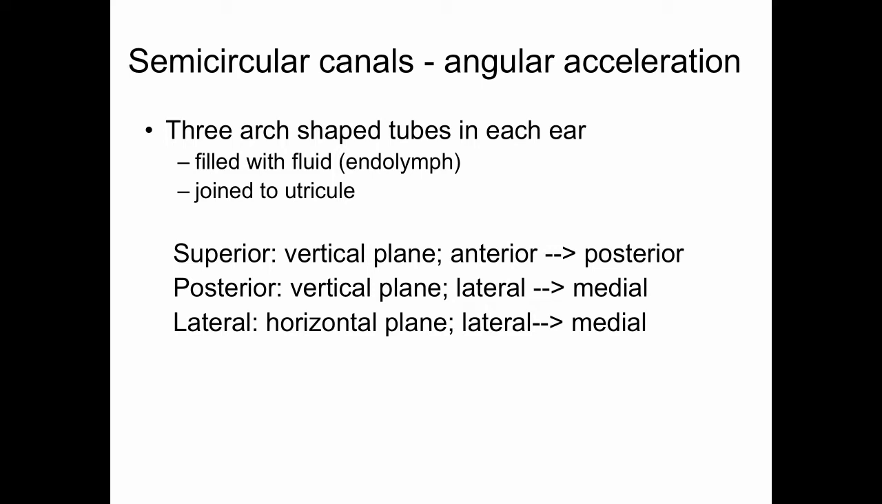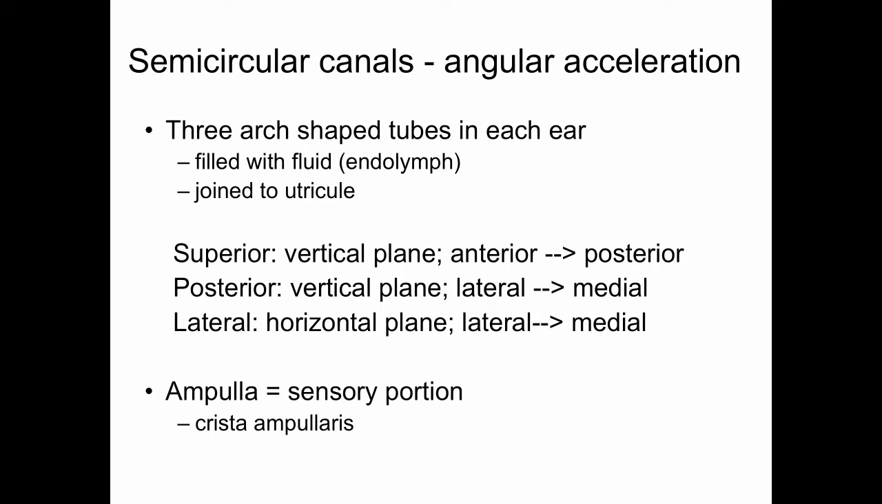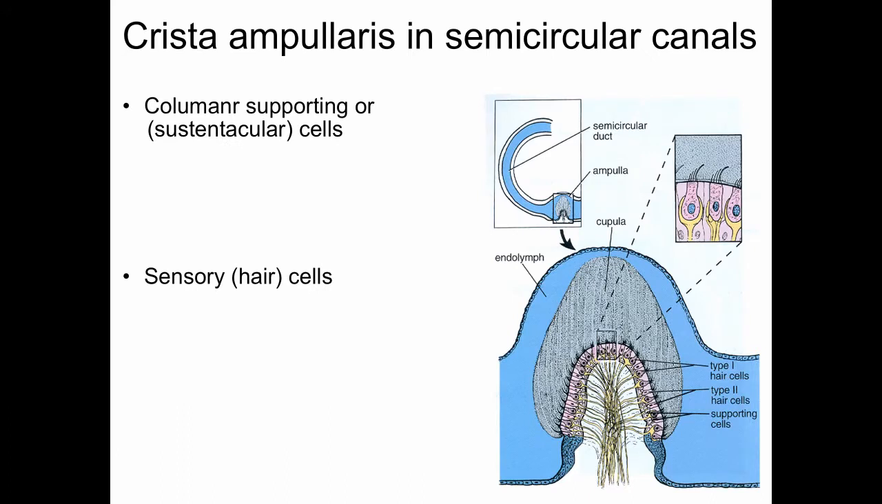The posterior semicircular canal, also in the vertical plane, detects lateral to medial movement of the head, and the lateral semicircular canal is in the horizontal plane, and it detects lateral to medial movement of the head. As we said, the ampulla are the sensory portions of these semicircular canals, and the structure involved here is called the crista ampullaris. The crista ampullaris has columnar supporting cells, also called sustentacular cells, and it has 2 types of